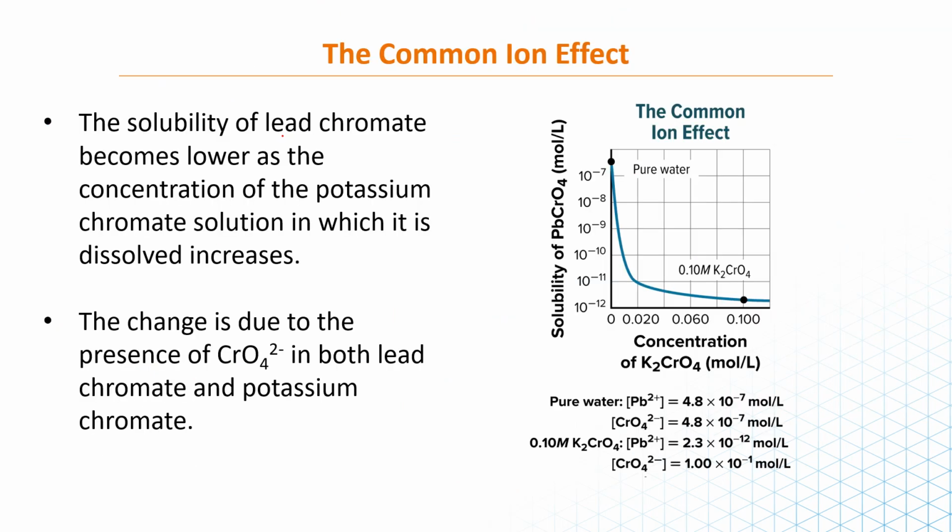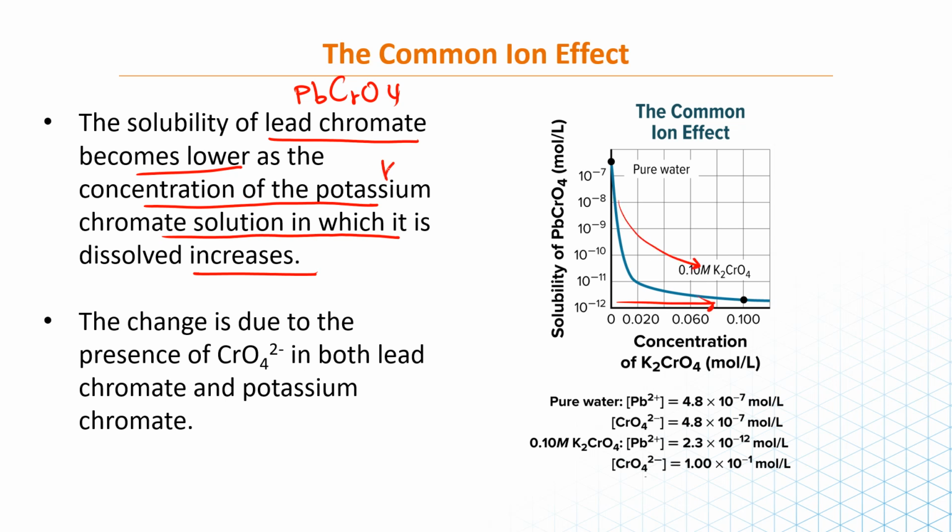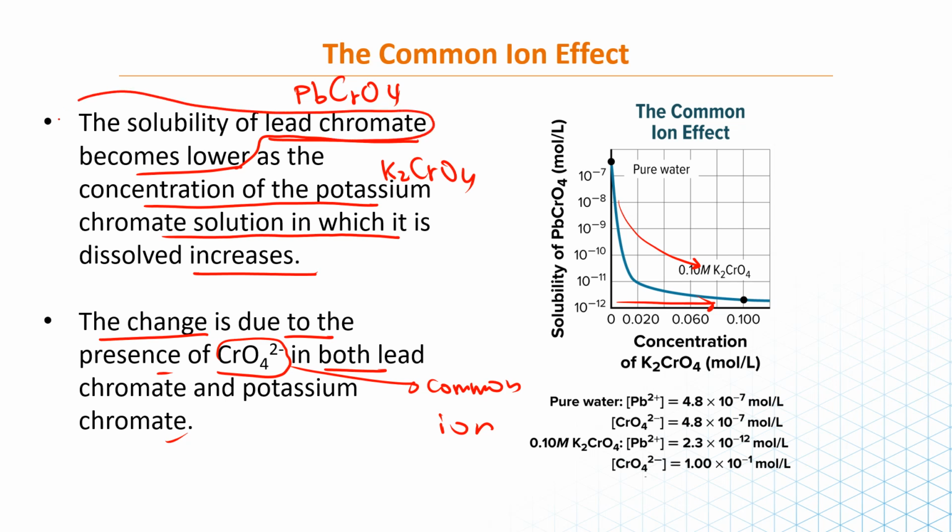So, the solubility of lead chromate, which is PbCrO4, becomes lower as the concentration of potassium chromate solution in which it is dissolved increases. يعني كل ما قاعد أزود أنا من هني هذا قاعد يقل. Okay? Potassium chromate is K2CrO4. The change is due to the presence of CrO4 minus 2 in both compounds لأنه هذا هو الcommon ion. وإنه solubility becomes lower، إنه الذوبان قاعد يقل، هذا هو اسمه common ion effect. لأن أنا قاعد أضيف common ion